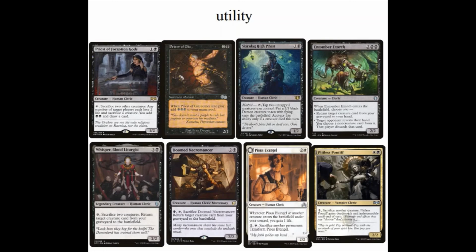Pious Evangel, human cleric, 2 and a white. Whenever another creature enters the battlefield under our control, we gain life. We pay 2 mana, tap him, sacrifice a creature to transform him. And on the other side, he is